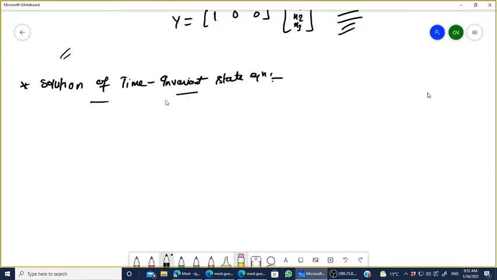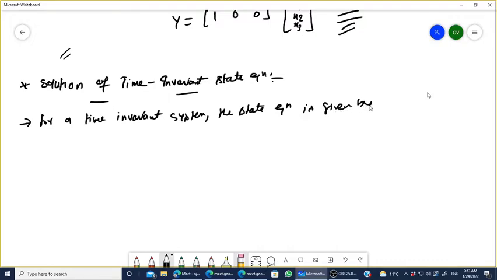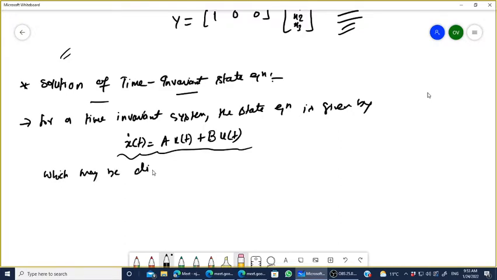And in this also, there will be two types of time invariant state equation. The first one is for a time invariant system, the state equation is given by, how will the state equation be? The state equation is defined as x dot t is equal to Ax t plus Bu t, yes or no? And this equation may be divided into two types, two categories, you can say. First one is the